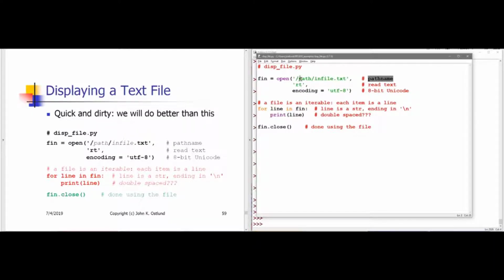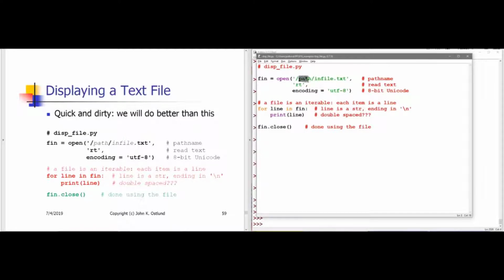If the file that you want to read data from is in the very same directory in which you are running your Python environment, then you can simply specify the name of the file that's in that same directory. Here we're supposing that I have a file named infile.txt in the same directory that I'm currently running my Python environment in. I don't actually have that file in my directory, so in that case what I need to do